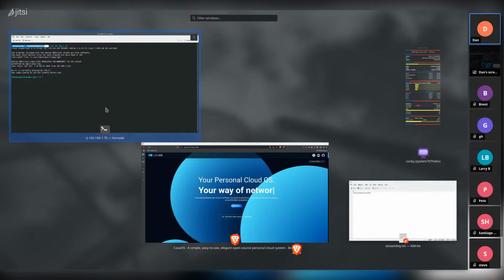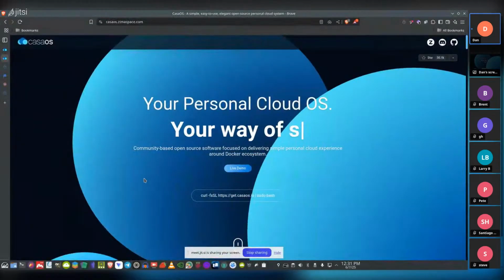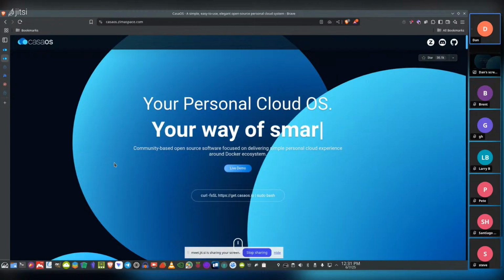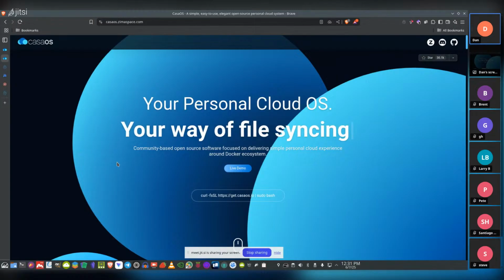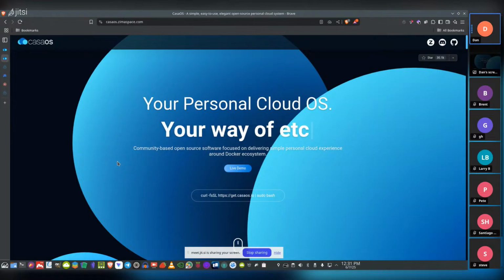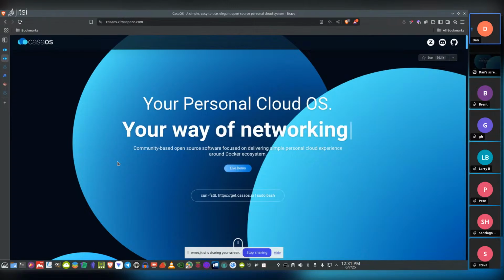Now, I can't use port 80, and there's a reason for that because I'm using Nginx Proxy Manager, which I'll show you later on why I'm using it. And so what I had to do is go into CasaOS and reconfigure it. Very easy to do, and I'll show you how to do that. And turn it away from